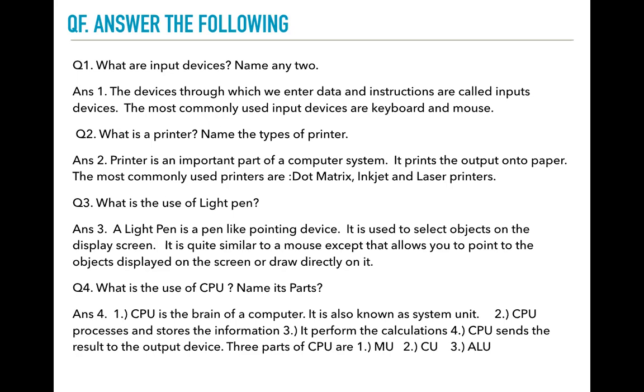Now, MU memory means it will store your data. CU control unit means it controls your processes, which process is to be done first, which process it has to send to the memory unit, which process is to be sent to the arithmetic and logical unit. All those things will be controlled with the help of the control unit. And then we have ALU, arithmetic and logical unit. There all calculations are performed, right? So these are the question answers of lesson 1, page 11.